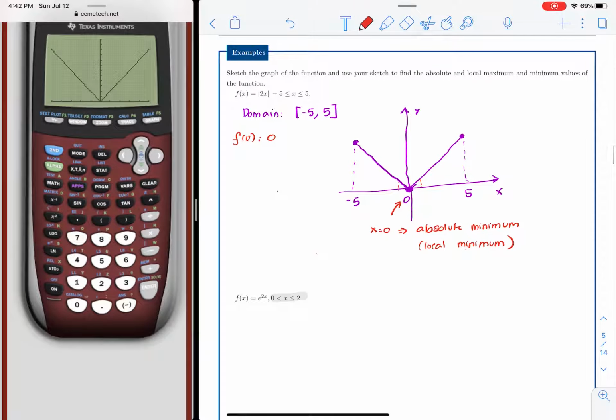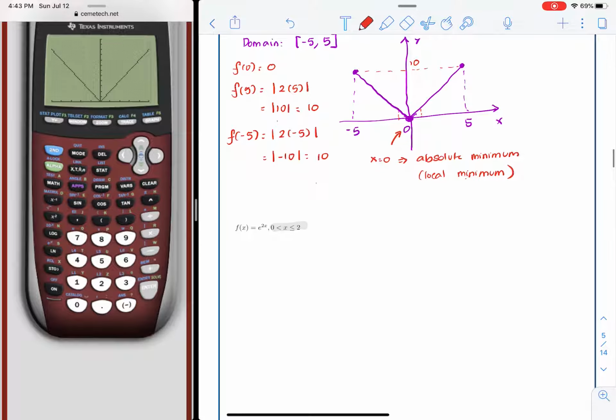Now, does it have an absolute maximum? Well, the largest value that we can think of is 10. So when I plug in f of 5, I get absolute value of 2 times 5, absolute value of 10, which is 10. When I plug in negative 5, I get absolute value of 2 times negative 5, which should be absolute value of negative 10. I still get 10. So naturally, a function can have two absolute maximums, or two or more. It could repeat. So here we have an absolute maximum,